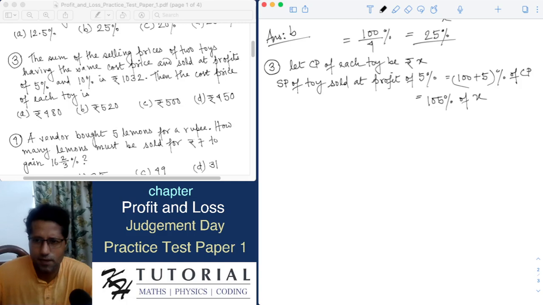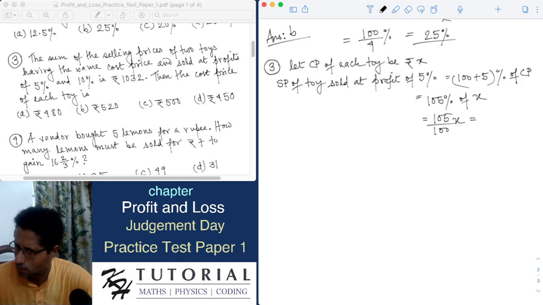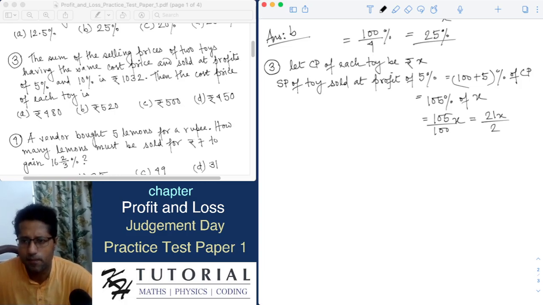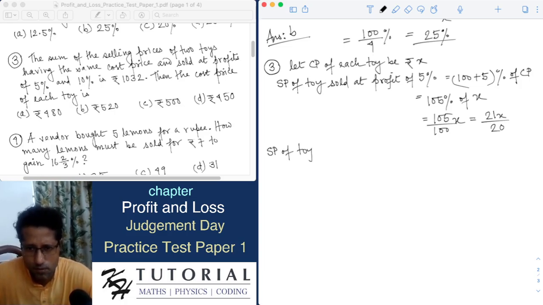X we have assumed to be x. This is 105 by 100 into x, and if we simplify this further, it becomes 21x by 20. So this is the selling price of the toy sold at a profit of 5%. Similarly, selling price of the toy